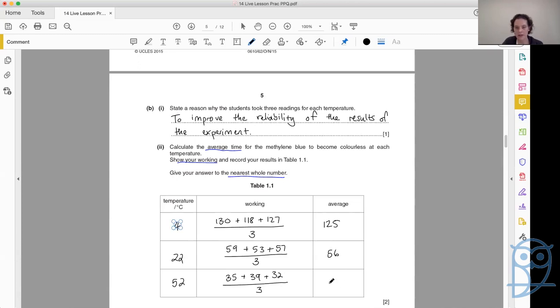56, and 35. Now, 125 what? Elephants. 56 giraffes and 35 chickens. I don't think so. These are seconds. So I would then add in here average time, seconds. You could write 125S, 56S, 35S, but that is a little bit dodgy because we've learned very much that